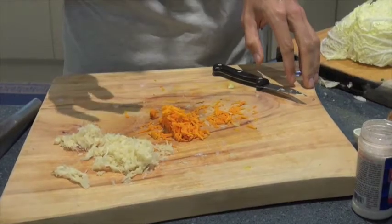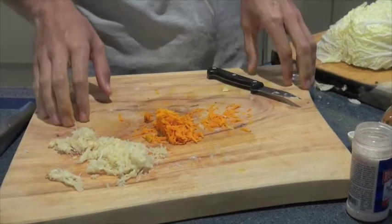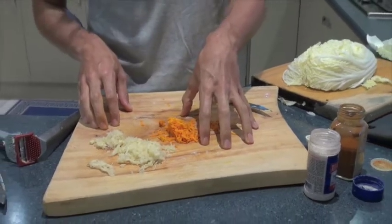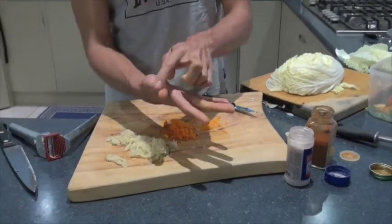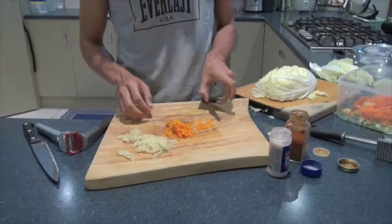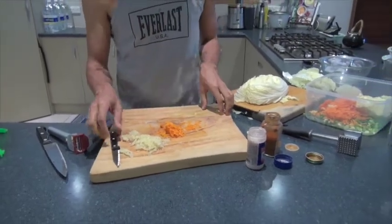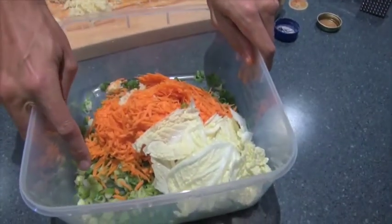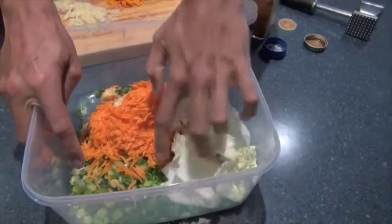Just a word of warning around turmeric: it can stain very quickly. So use it on wood or something like that, not your best white china. You can see even on the hands, really just touching a little bit, can also stain. So put that down. What we've got in here already, we've diced up the shallots down here on the bottom,